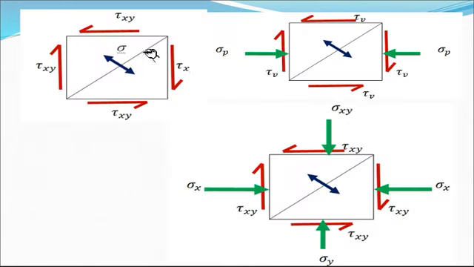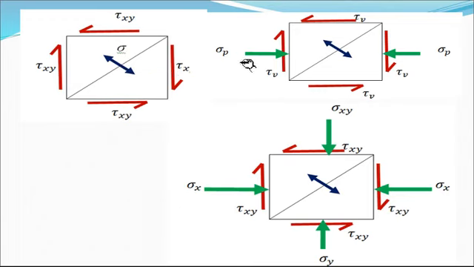Now this is the principal stress. We have already discussed this in strength of materials. If there is only shear stress, then because of this shear stress, this magnitude of stress is definitely tensile here because it will move in this direction, this will move in this direction, and here also in the opposite direction. That's why along this diagonal plane, tensile stresses are developed, perpendicular to the diagonal plane, and that's why this sigma is equal to tau v.